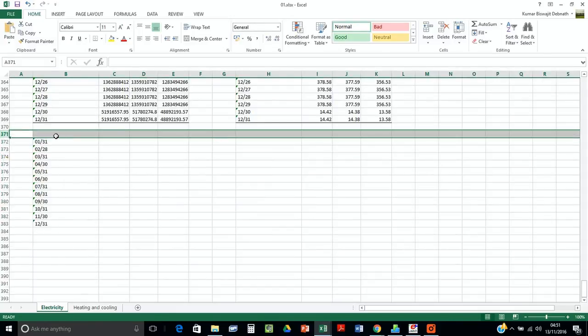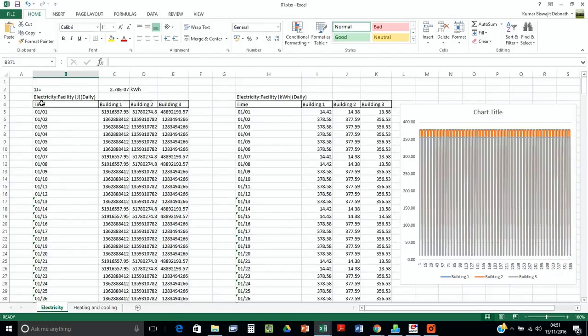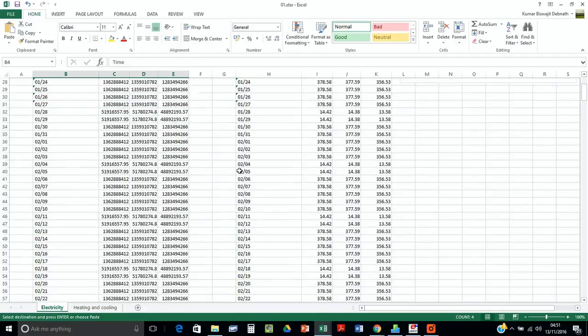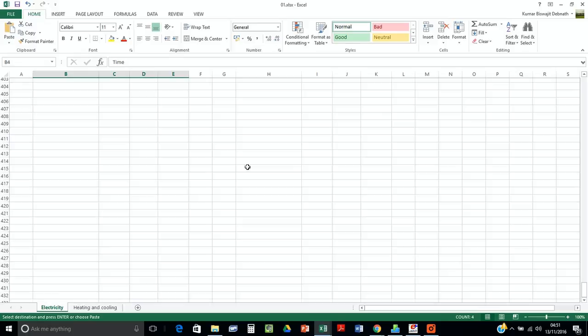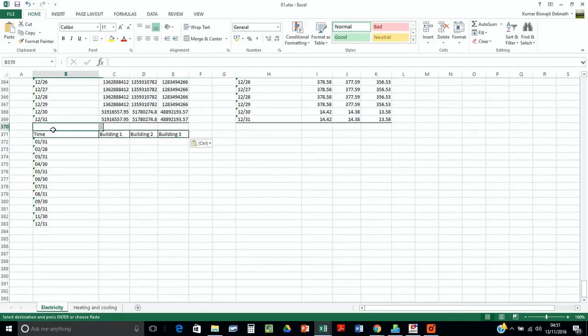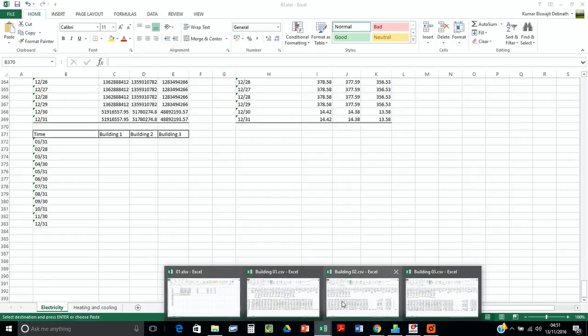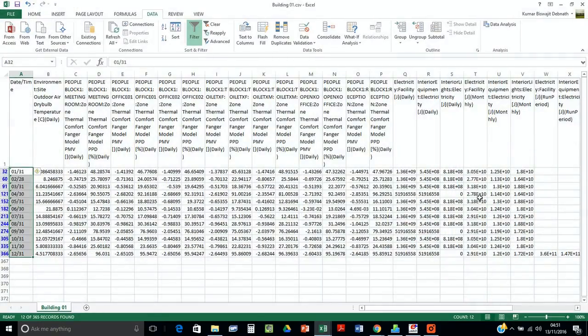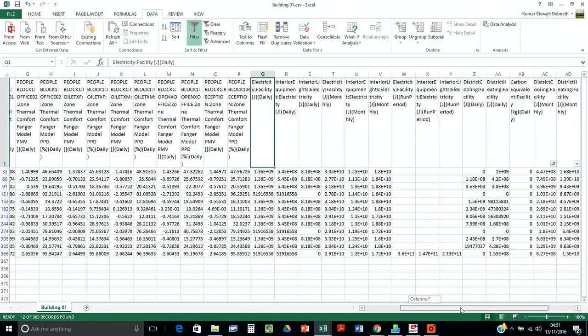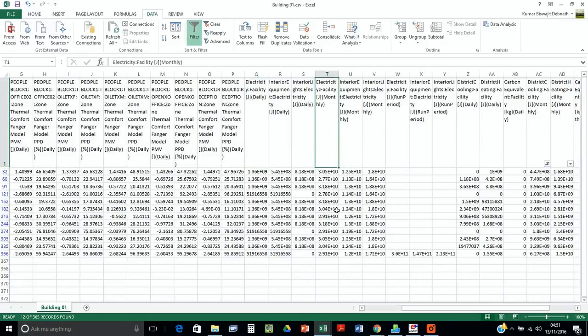We need another cell here, and the value we are bringing in is the electricity facility, not just daily. We are going for monthly, and for monthly we have to go for electricity facility monthly, this one. So if we just copy it,